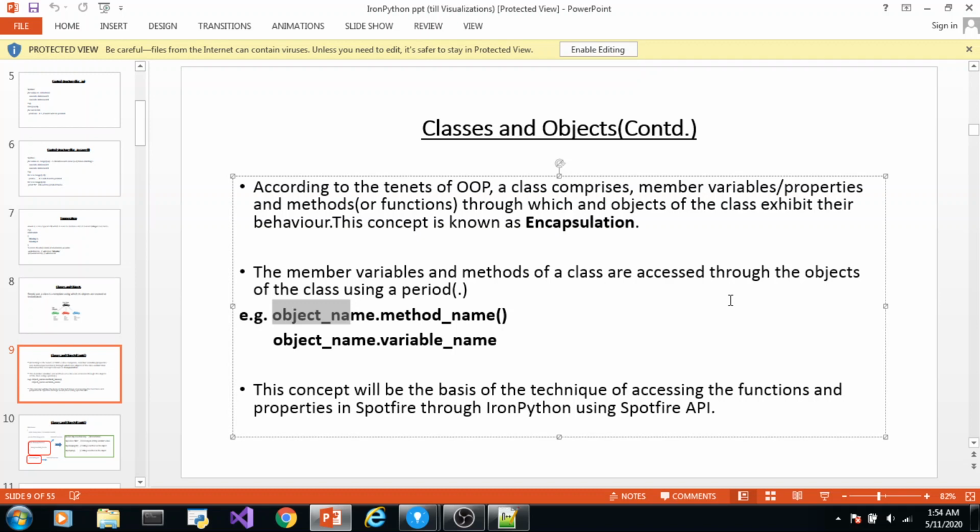Whenever you create a bar chart, it is an object. So first you have to parse it as an object, and then through that object you access the properties and methods like this: bar chart object dot method name, bar chart object dot variable name. We will see that later.